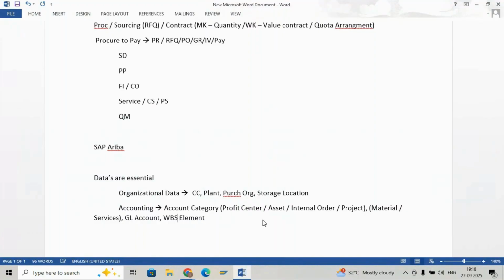So I hope everybody knows WBS, Work Breakdown Structure, WBS element, and then